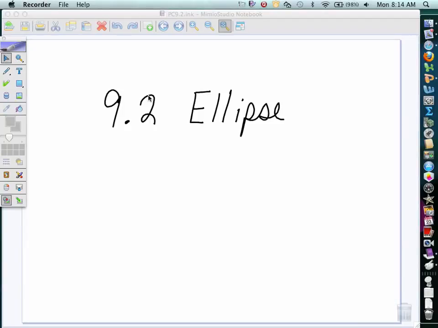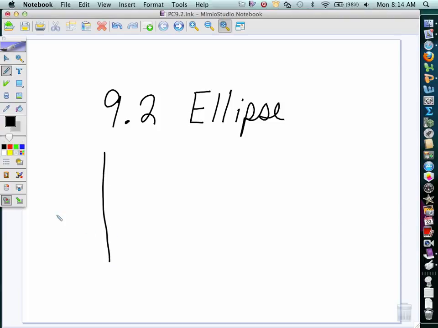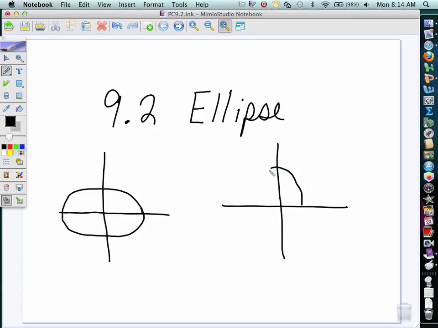This is section 9.2, and we are going to study the ellipse. The ellipse is another form of conic section, and it looks like an oval, so we'll have these two different styles. One of them is going to open and be stretched with the x-axis, and we could have an ellipse that is stretched with the y-axis. Okay, so there'll be all sorts of different parts to this ellipse, different points that are considered to be important pieces. We'll find the center, and